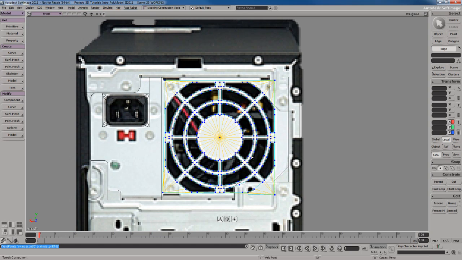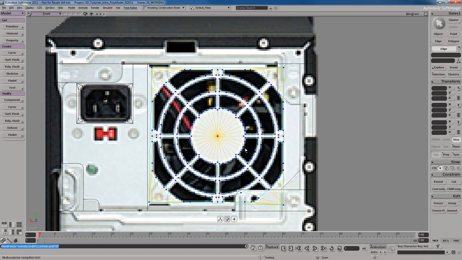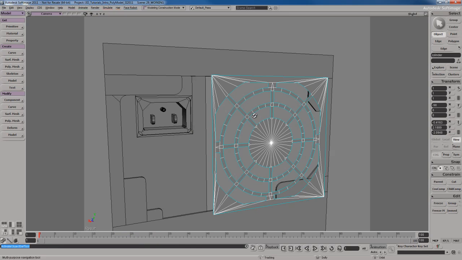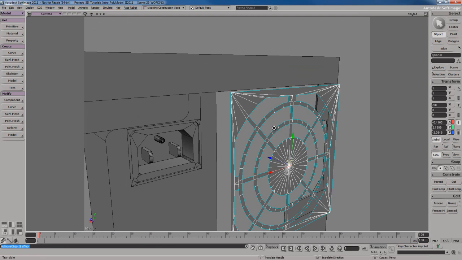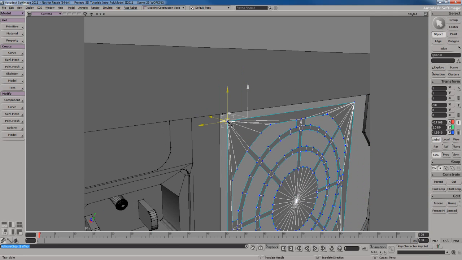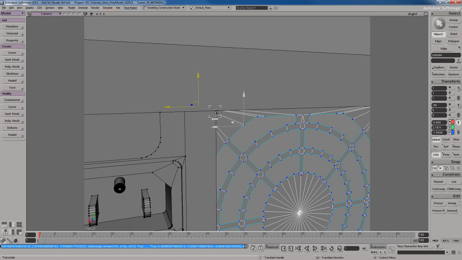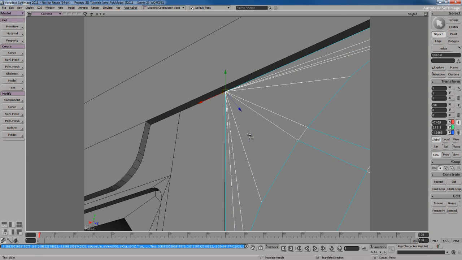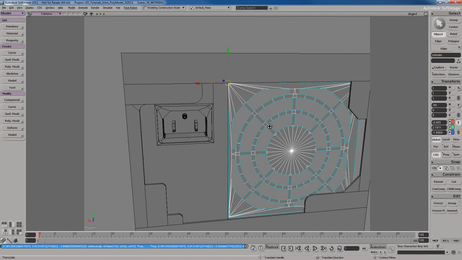All right. Once that's done, what I'm going to do is pretty simple. I'm just going to pull this out a little bit, try to get that squarish type shape going here. Alright, what I'm going to do now is I'm going to use the Alt key. Remember how we moved the pivot point in the past? We're going to do that. So we're reusing some of the old techniques. Basically, I want to snap this to that vertex that's right there in that corner, just so it's on the